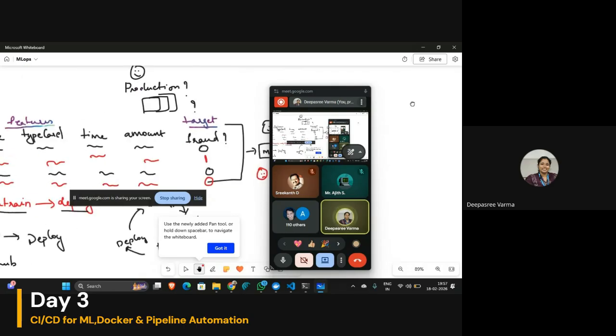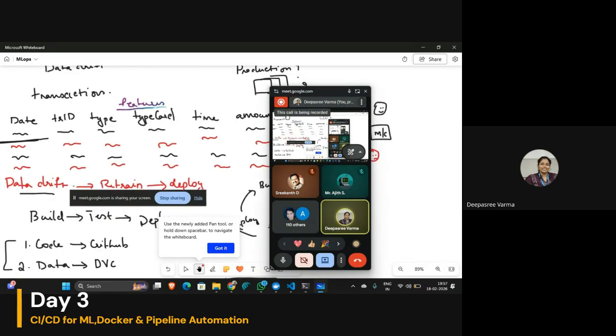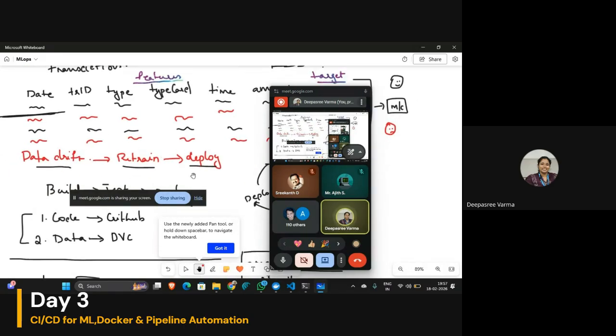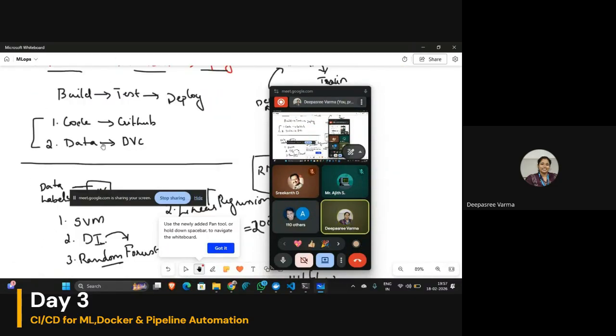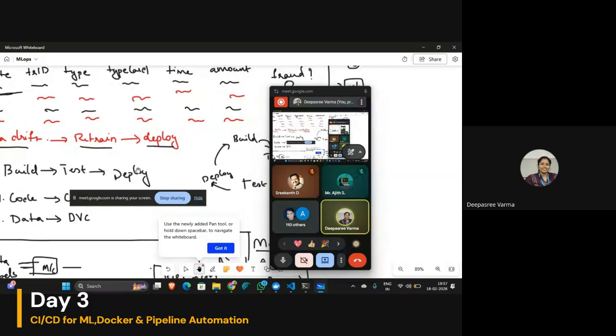Yesterday we were talking about deployment, data drift, how to deploy the code, how to build and test the code, pushing code to GitHub and pushing data to DVC. And we saw how a machine learning model is trained.